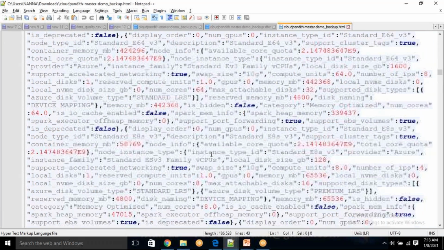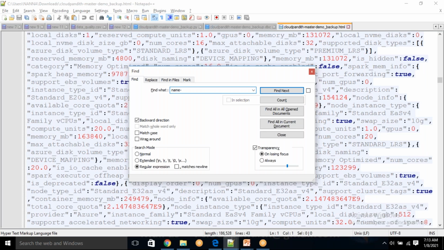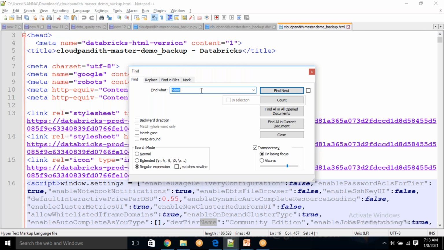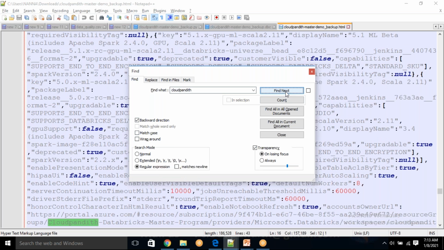See, lot of HTML content, unnecessary part is there. Now let's say something like name equal to, just search it here. But you understood, right? Ultimately, whatever format you have doesn't matter. It will show the content, okay?